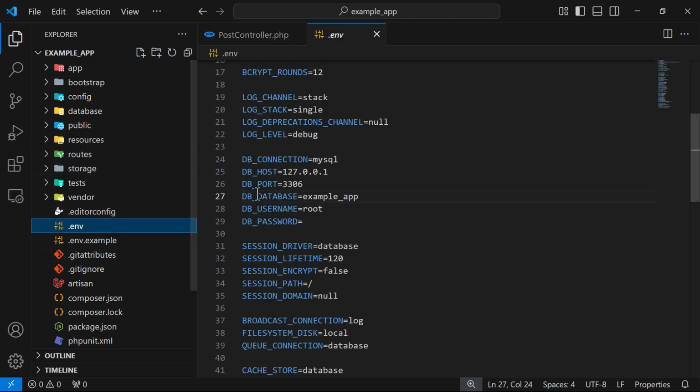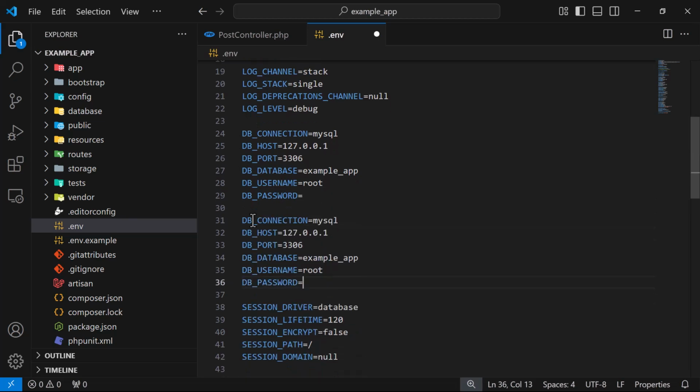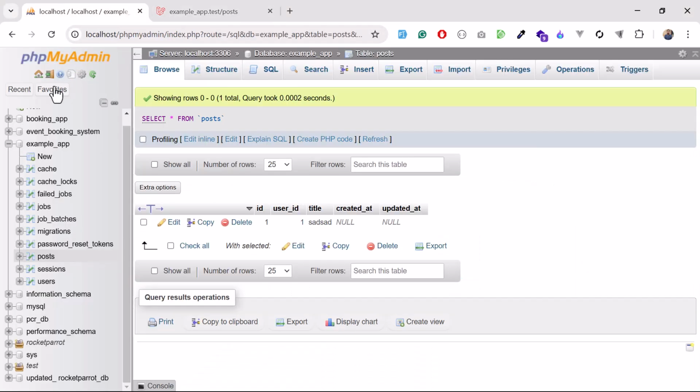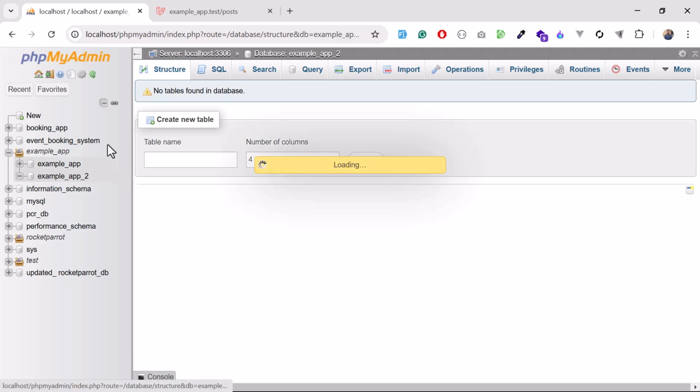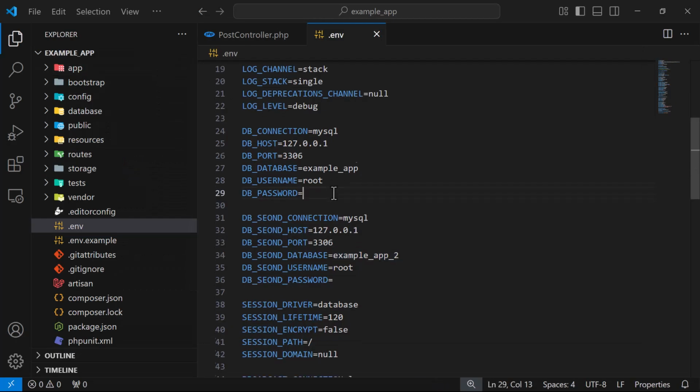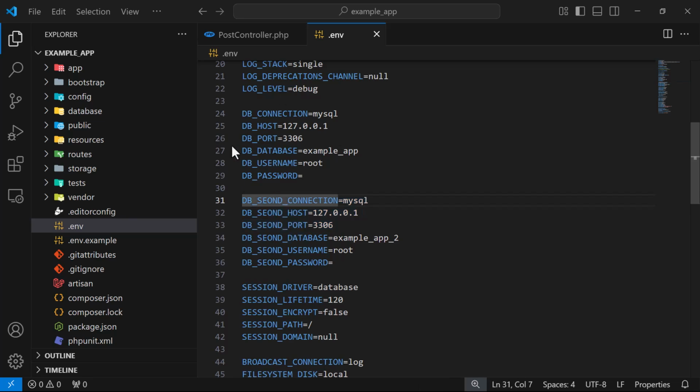So I will go to this .env file and copy this same thing and paste it again. Here after that DB, I want to mention it's a second one, right? So I'm going to say that it's a second database. I'll mention second here, and then make sure to change this to example2, and then create this example2 here too. Okay, click on this too, save and create, and yes, example2 is also created. Okay, good. So now we need to do this same thing in our